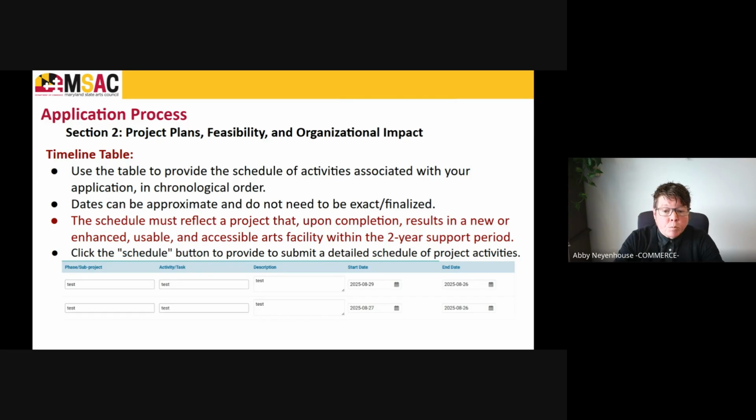With the start and end date, we're looking for approximates for the intent of this activity. We're asking you to think of the project support period being May 1, 2026 to May 1, 2028. That would be the support period, but know that this 2-year support period may shift depending on the grant disbursement date.